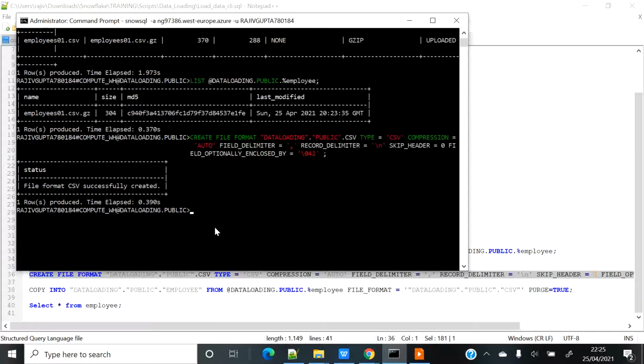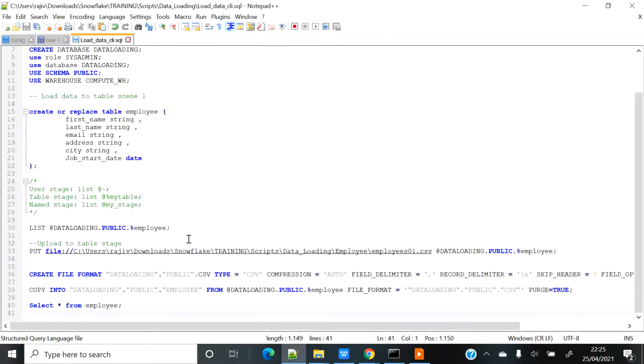I will go ahead and create the file format. Yep, so now it is created, and then I will use the copy command to load the data. Copy command is very simple. Copy into my table name, data loading public.employee is my table name with the fully qualified name. And then from where I have to load, from my table stage. That's the reason I have provided percentage employee.